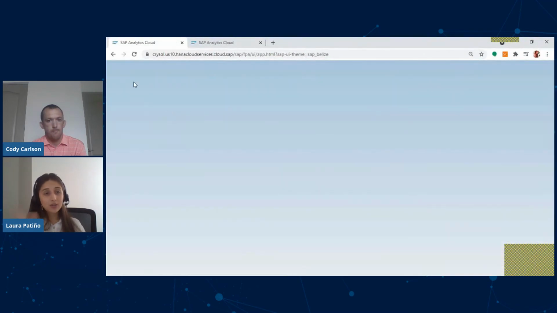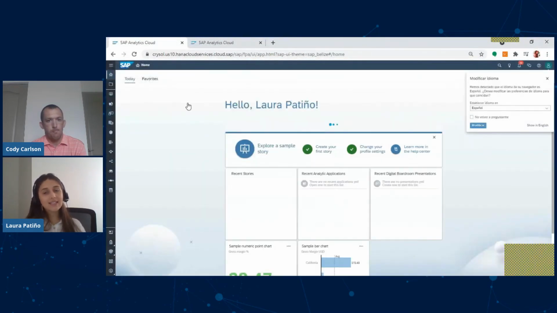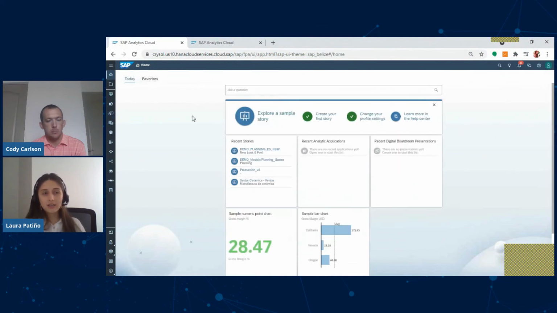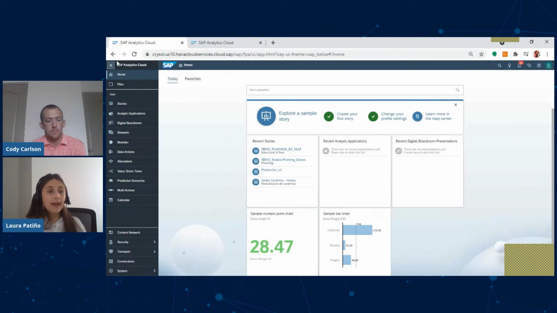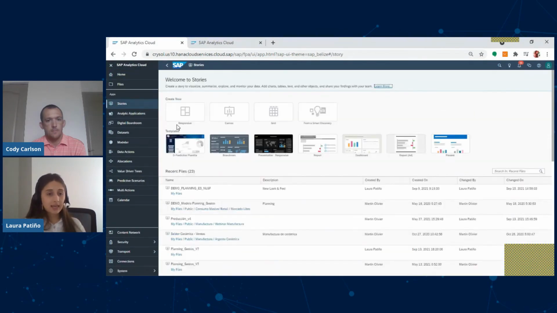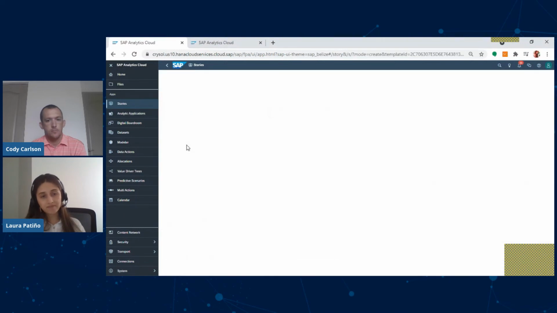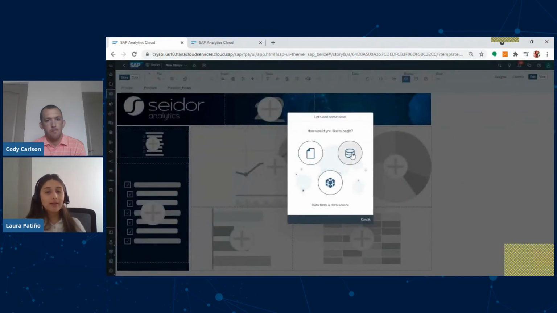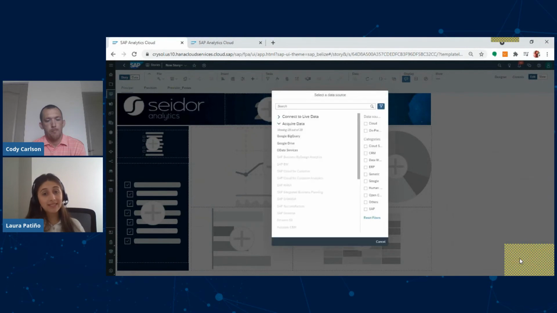Now I just go to the analytics functionality. This is embedded in the Data Warehouse Cloud system, and now I will be creating a dashboard. So in this case, I just selected a form over here, and I will connect to my data source.